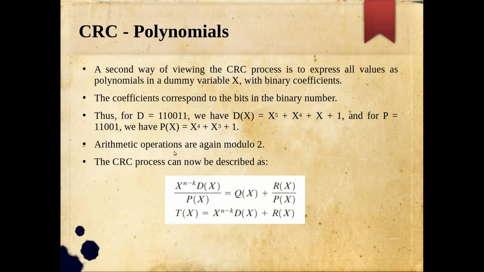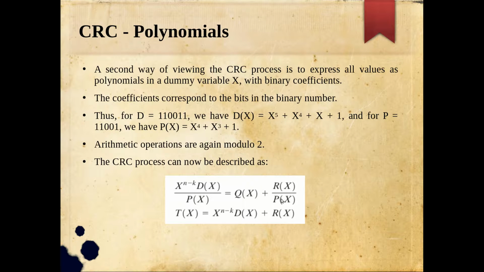Accordingly every bit will be shifted, and then we form the new polynomial. That means in the original binary that we took in the previous example, we appended n minus k zeros, took that appended final sequence and converted it into a polynomial. Equivalently it will be d of x into x power n minus k, same effect, that you can experiment with that way also. And now we are going to divide this polynomial with our special pattern, that is a CRC polynomial, p of x, and we are going to get a quotient and a remainder.